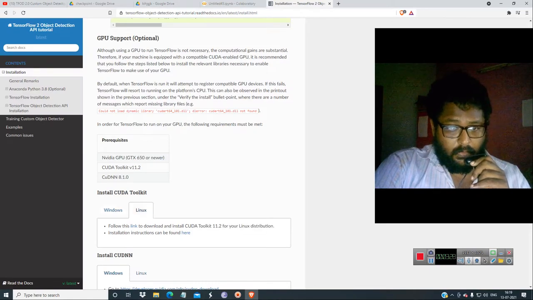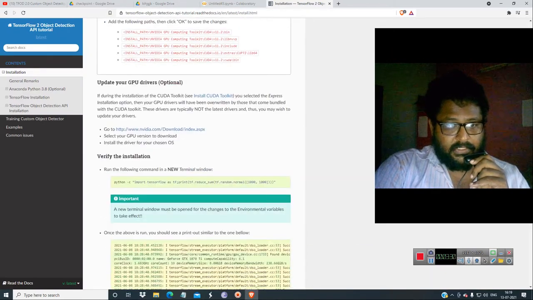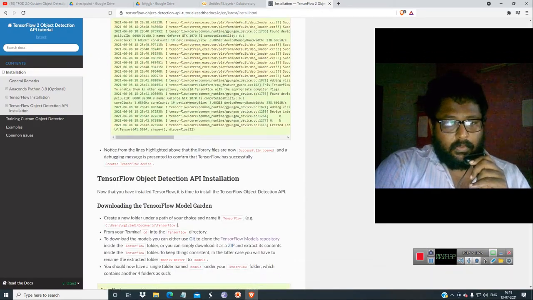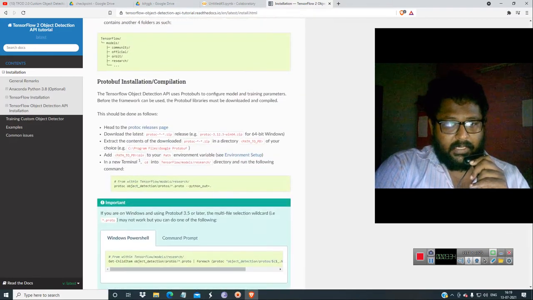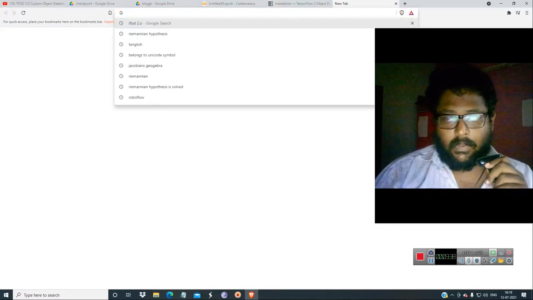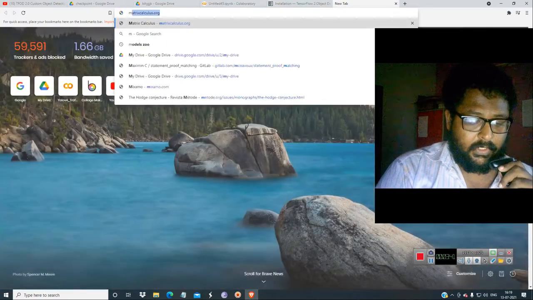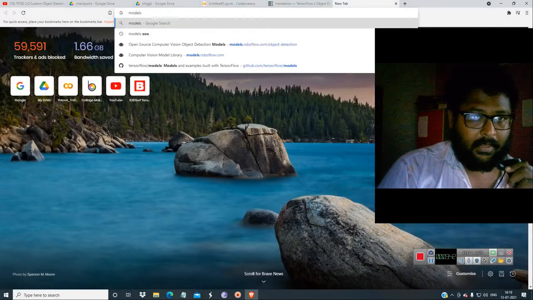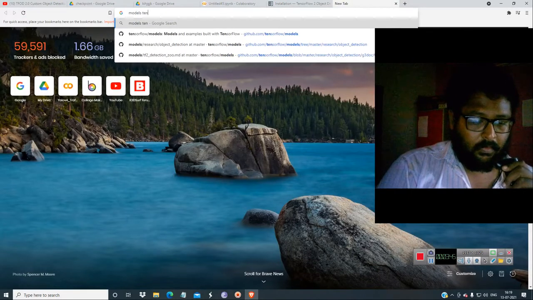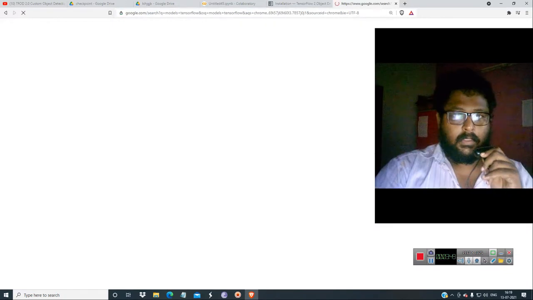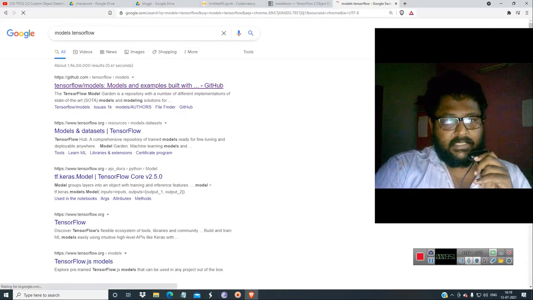Now everything is being installed because it is the Colab version. Now we have to do the protoc thing. In order to get the protoc executable files, we have to go to the models, TensorFlow models.